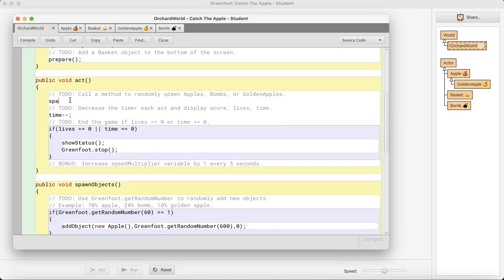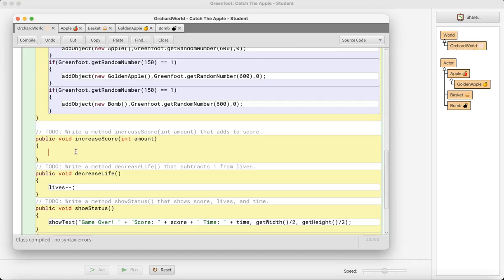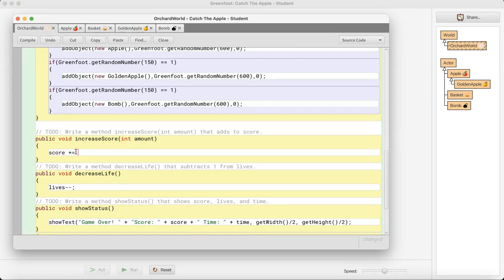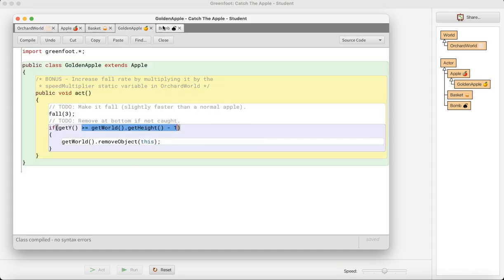Okay, and then call spawn objects. Okay, increase score will be score plus equals amount. So this will add amount to score, so we can change it based off if it's a golden apple or regular apple. So now we need to do our basket